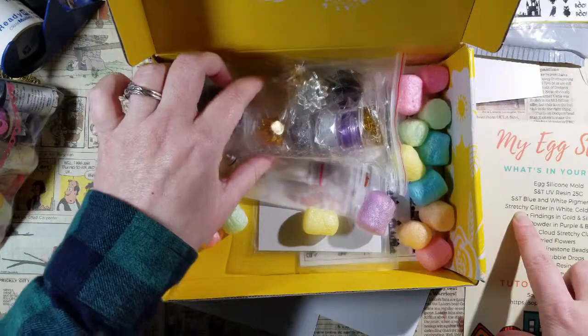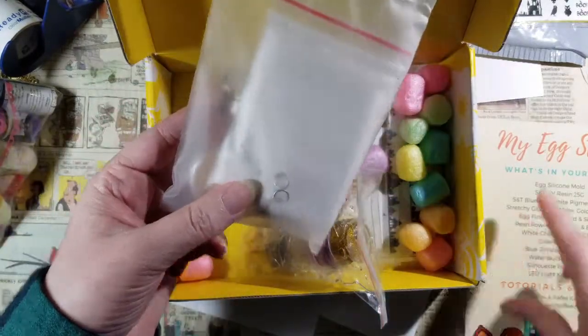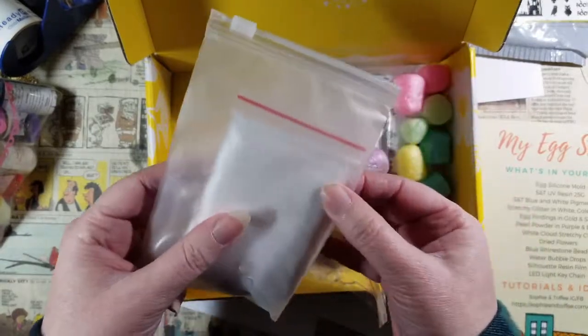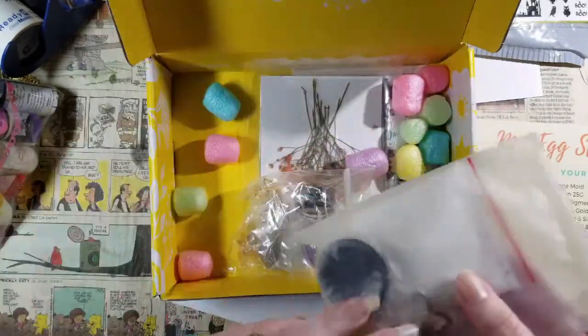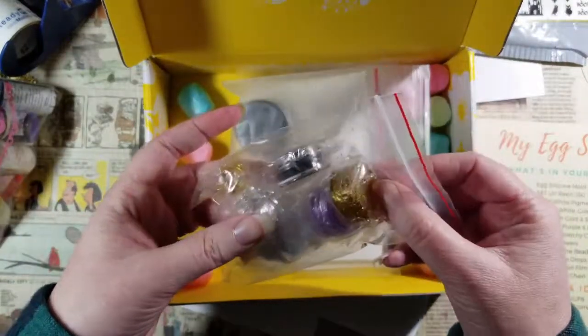Stretchy glitter in white, gold, and silver. Stretchy glitter. What is stretchy glitter? Okay. Is that this? No, that's something else. Oh, I think the glitter is...